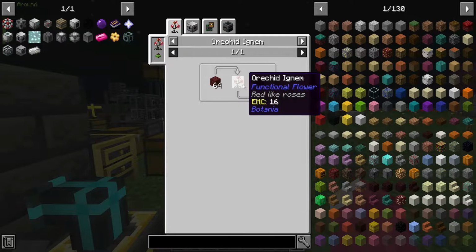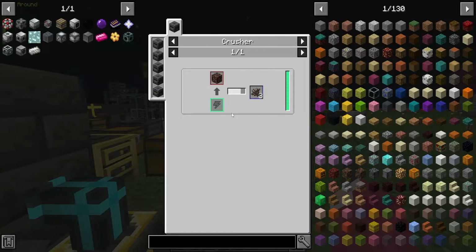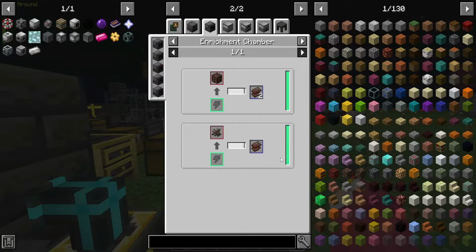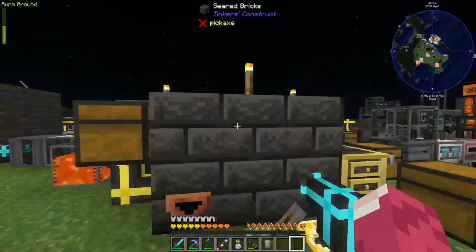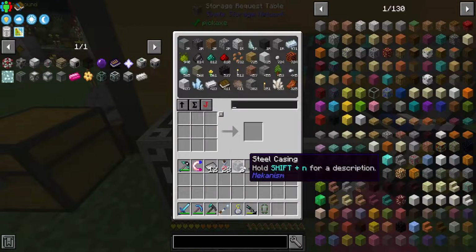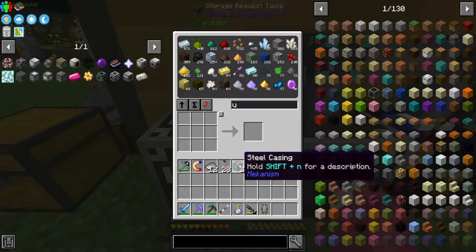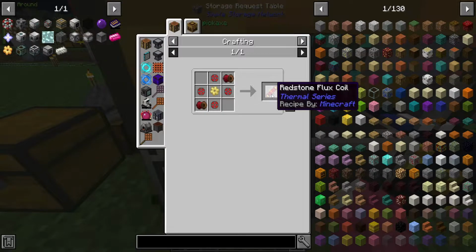So there are a few ways to do it. We can get it from a crusher 3, so that's easy. That's why I wanted to make an enriched chamber and a crusher. So let's go make those two things. To make those, it took a minute. Mostly these things are expensive